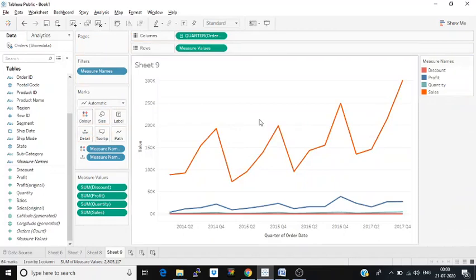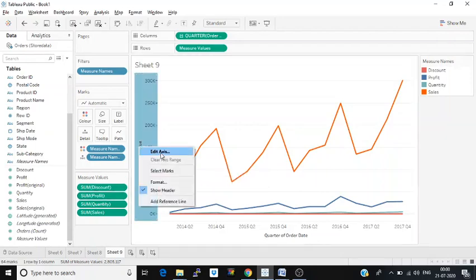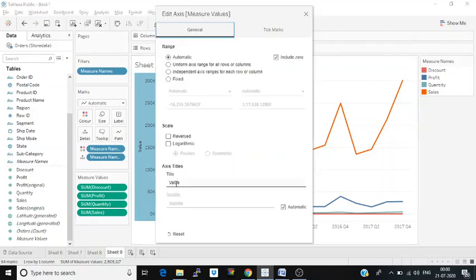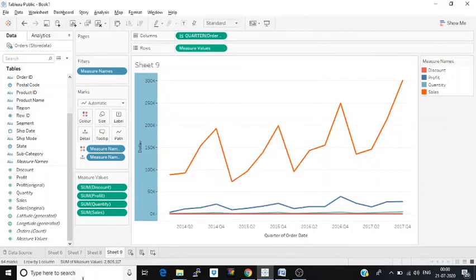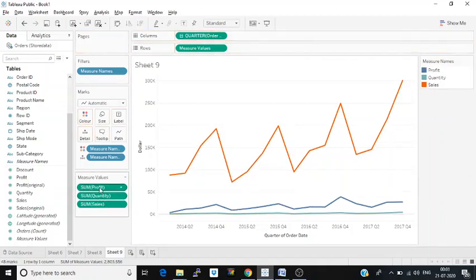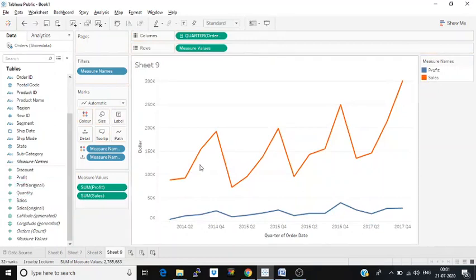Now you can see clearly in our blended axis graph, we have 4 measures which we can analyze at the same time, and these are all blended measures. Okay, again we can change the name of my axis from value to dollar. Suppose I don't want discount and quantity. Again, I can remove discount and quantity, and my graph is for only profit and sales.